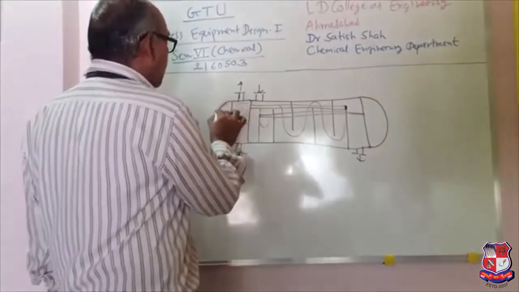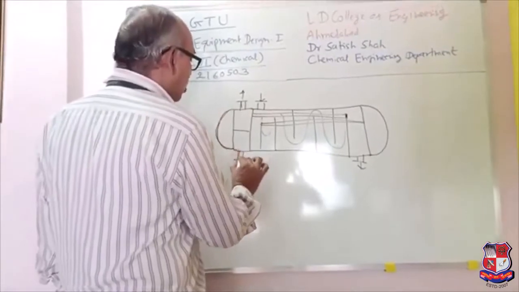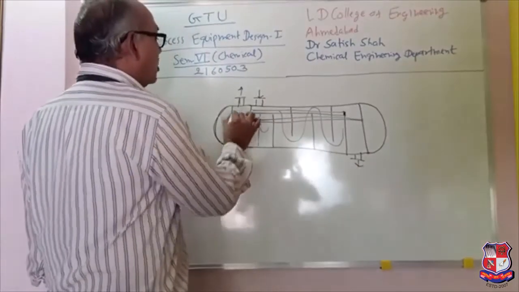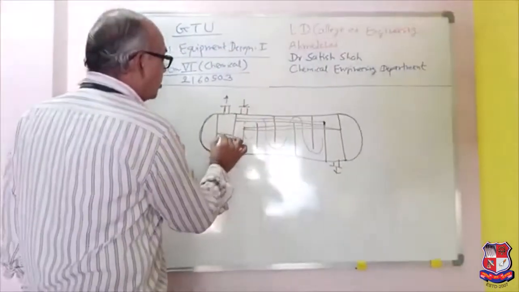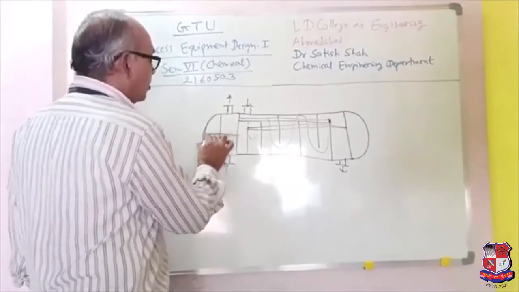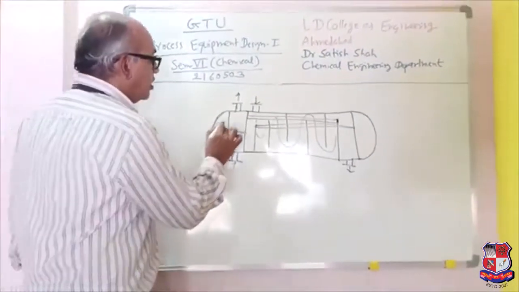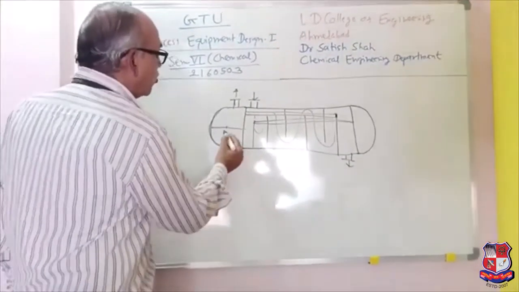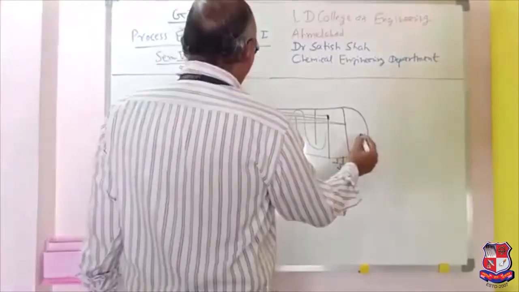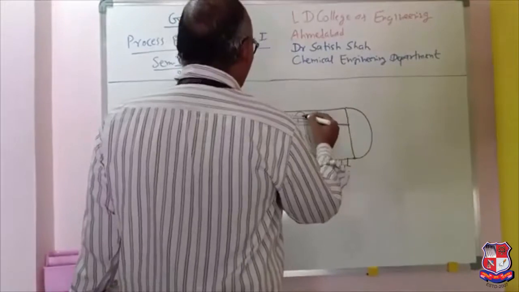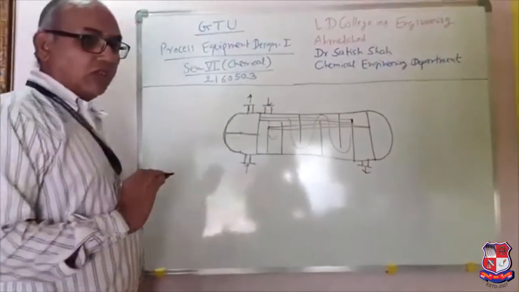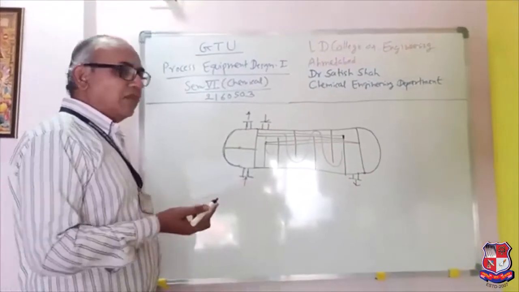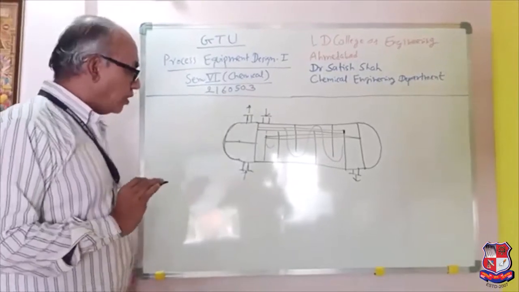Then we have the head. Then we have the nozzles. As you see here, I have the shell inlet nozzle and shell outlet nozzle. This is my tube inlet nozzle and tube outlet nozzle. This is the pass partition plate for the tube side. Here, this is the imaginary line, so I can even remove this line, because fluid will enter over here. It will travel like this, and then it will again travel like this, and it will again return back. So this is known as a 2-pass shell and tube heat exchanger. This can be 1 pass also, or even more passes are also possible.